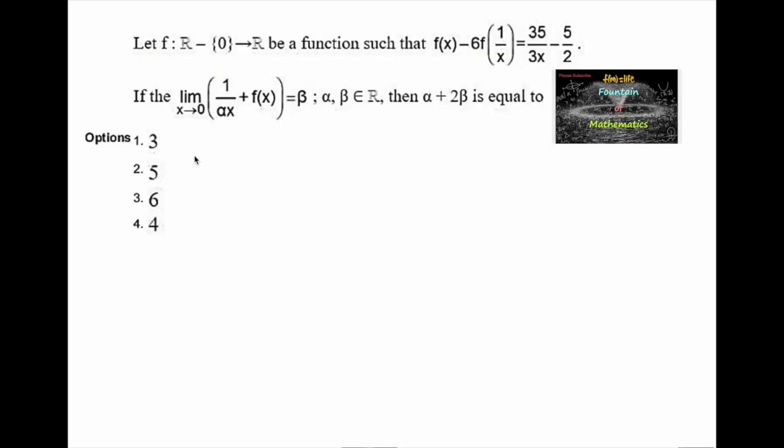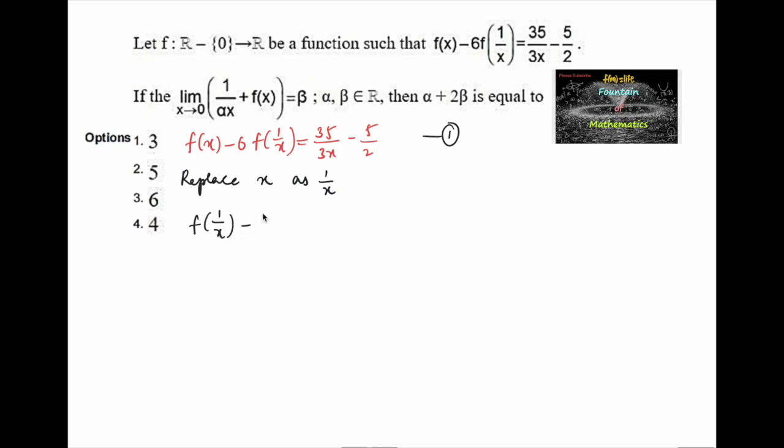Let f from R minus 0 to R be a function such that f of x minus 6 times f of 1 upon x is equal to 35 upon 3x minus 5 by 2. So to find f of x, let us replace x as 1 upon x, so that equation 1 becomes